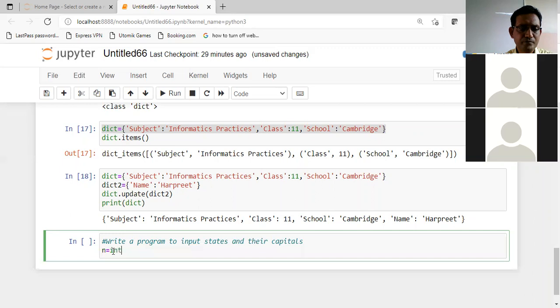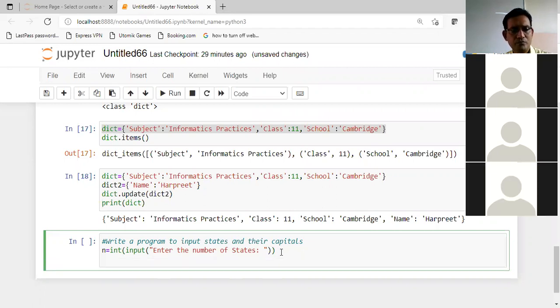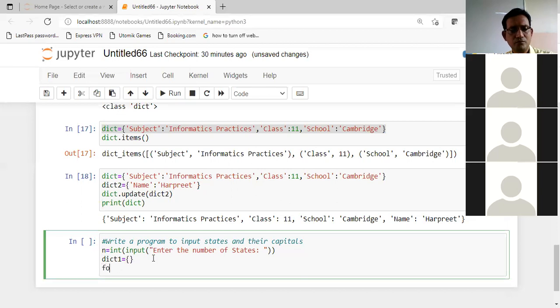ठीक है, कितनी स्टेट्स हमने इनपुट करवानी हैं, और डिक्शनरी वन एक हम ले लेते हैं ब्लैंक डिक्शनरी। फॉर आई इन रेंज, कौन सी लेनी थी हमने, वी हैव टू टेक एन ही रख लेते हैं, ठीक है।